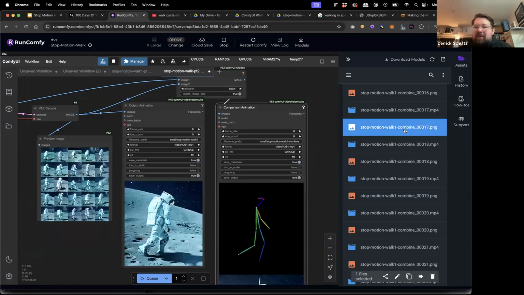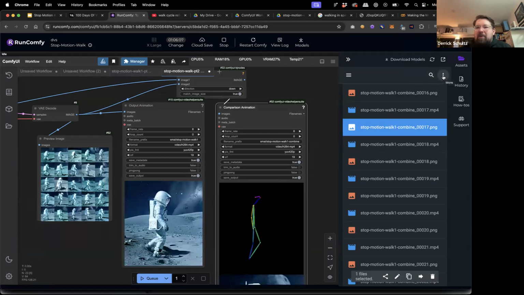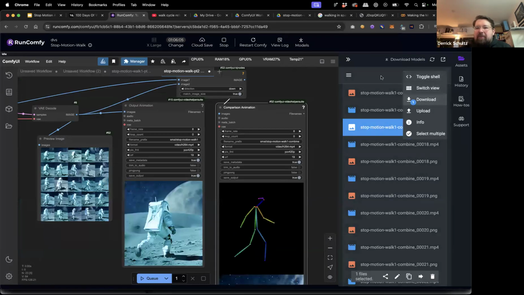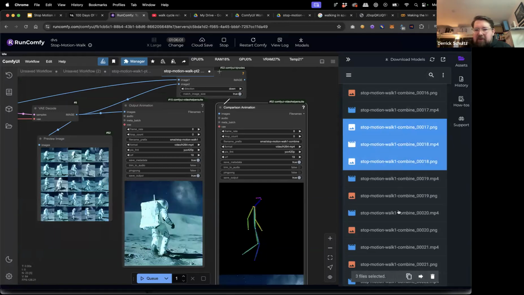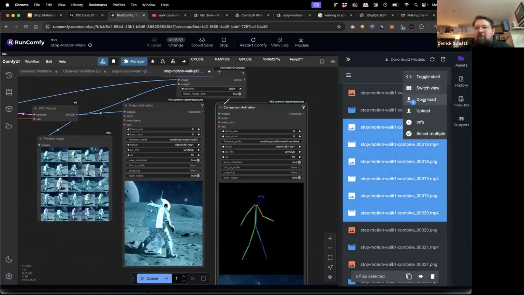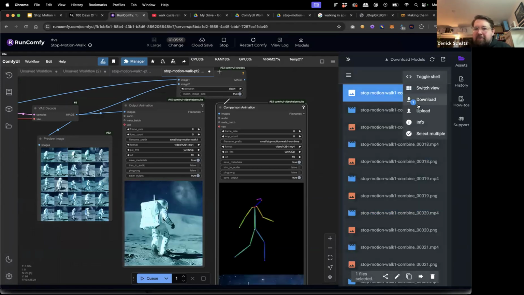So for example, the way to download these is to click on the file and go to the little kebab menu up here, and you can go to download. If you want to download multiple files, I think you can select a bunch of them and go download. But let me show you this. So when you download the PNG file,